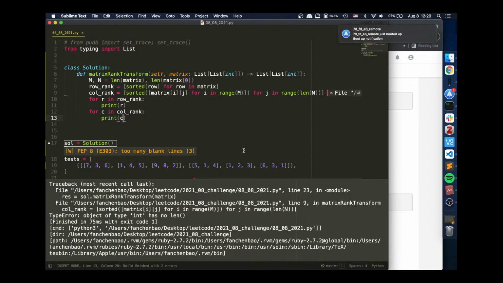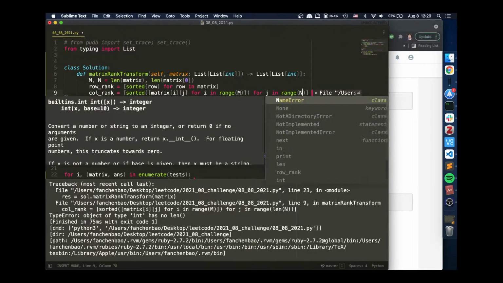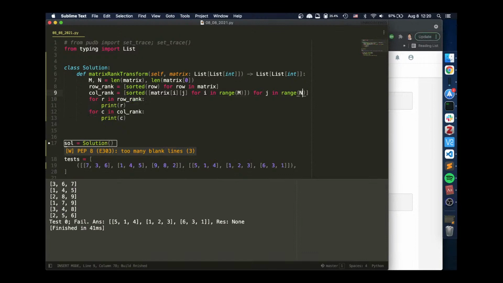It has no line. Oh, there's no line, which is N. Alright, so the ranking 367, 145, 289. Yep. And then 179, 179, 348, 356. That's good, but actually this is not what we want because we want